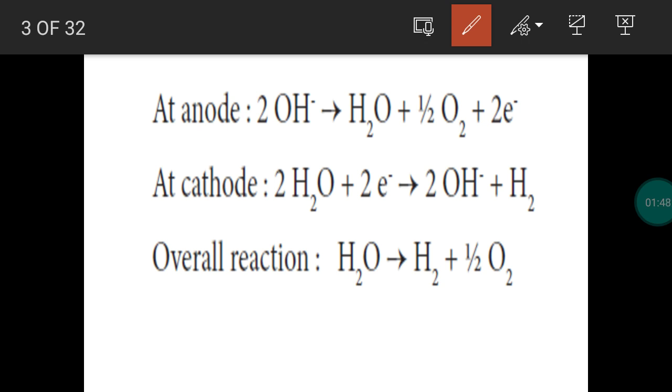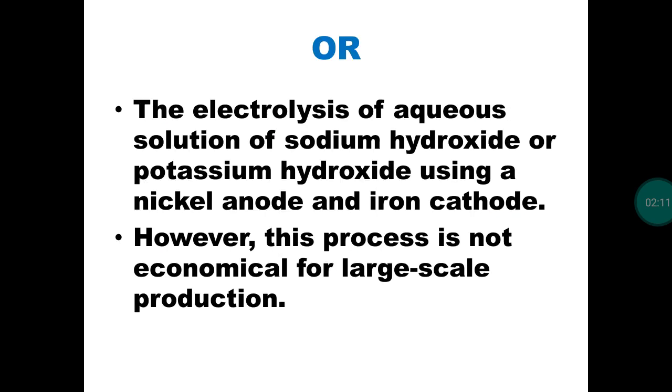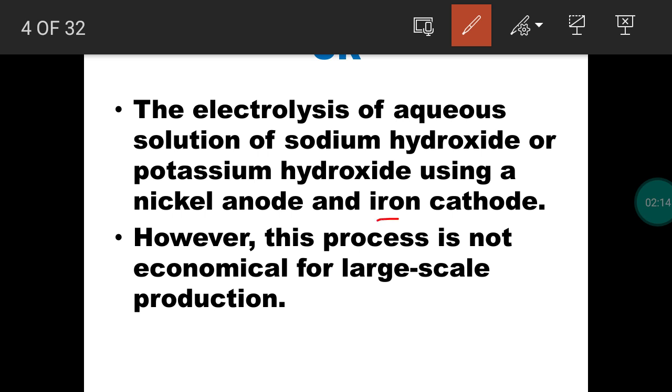For an electrolysis process, we need three components: cathode, anode and the electrolytic solution. So when we construct a cell, we take three components. One is cathode, another one is anode, the third one is electrolytic solution. The cathode in this process is iron. We take iron metal as the cathode. We take nickel electrode as anode, and the electrolytic solution will be water. You can take water as an electrolytic solution.